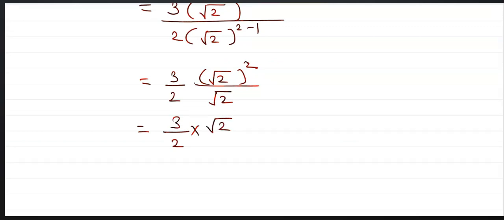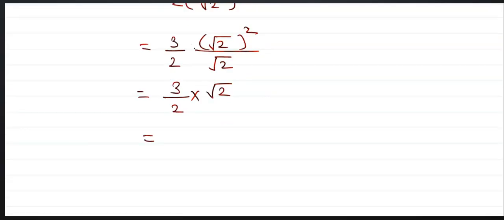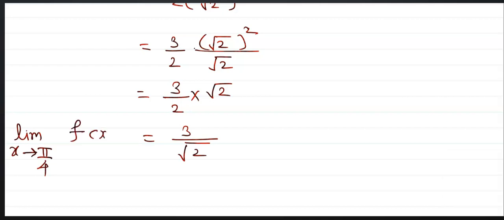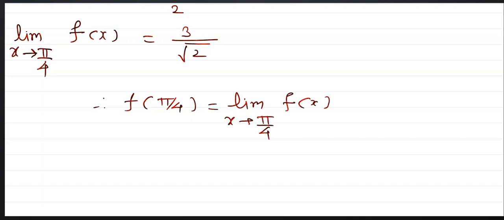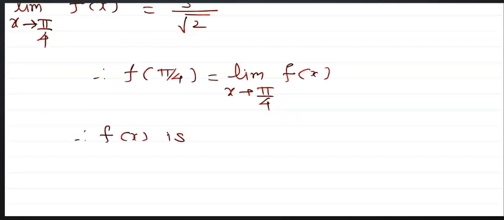Again, simplification: the denominator 2 can be written as root 2 into root 2. Therefore, limit x tends to pi by 4 of f of x is equal to 3 upon root 2. And therefore, f of pi by 4 is equal to limit x tends to pi by 4 of f of x, so f is continuous. Now next is